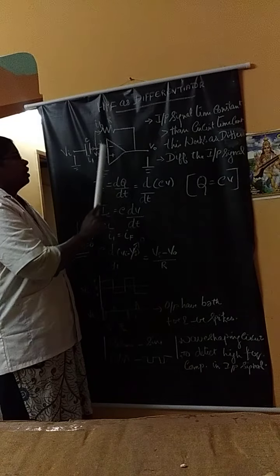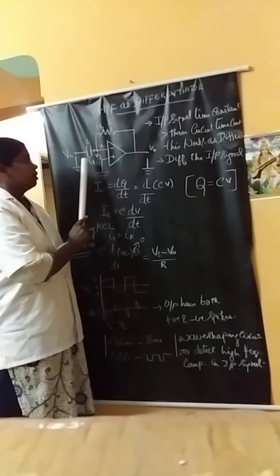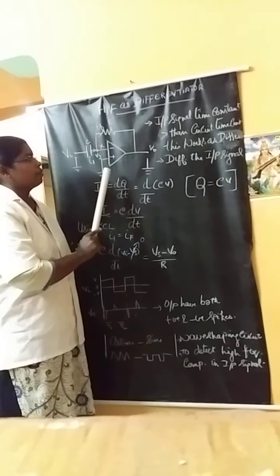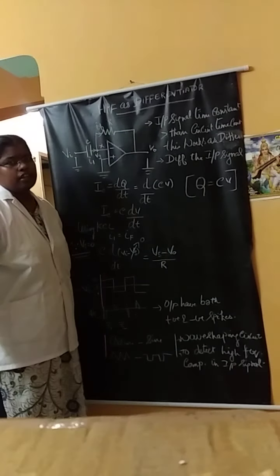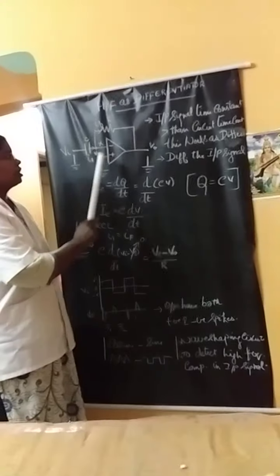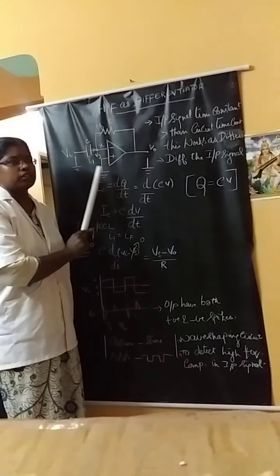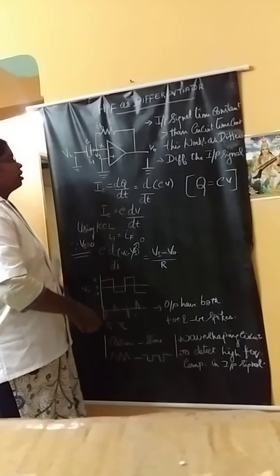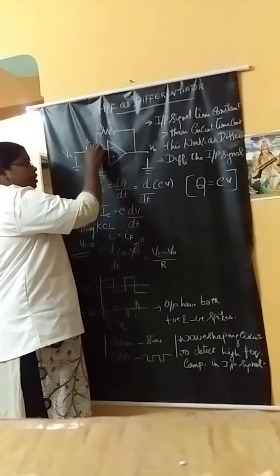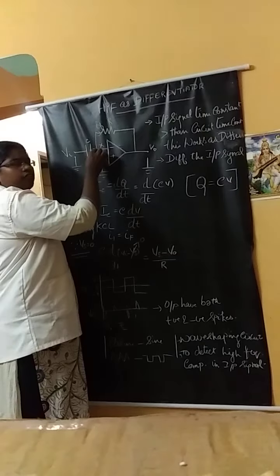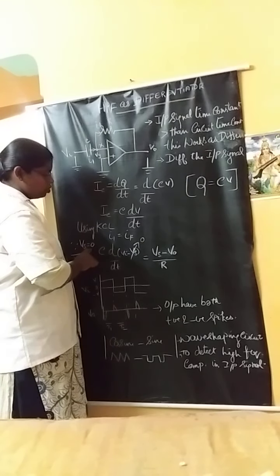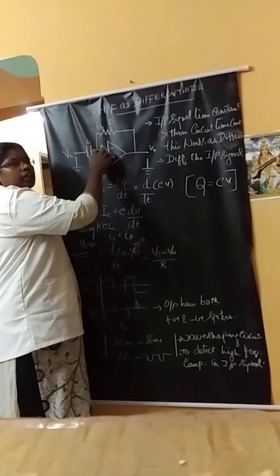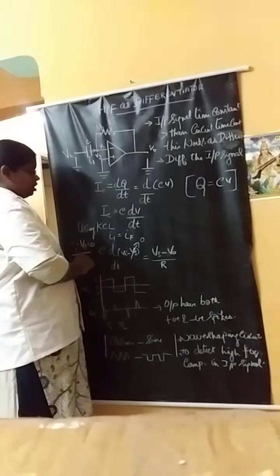When the input signal time constant is greater than the circuit time constant, this circuit works as a differentiator. That's all. You know that I told earlier that this point x is defined as the virtual earth. Therefore, Vs equal to 0, because at the initial stage there will be no current flowing at the input. The current will be 0, therefore Vs equal to 0.